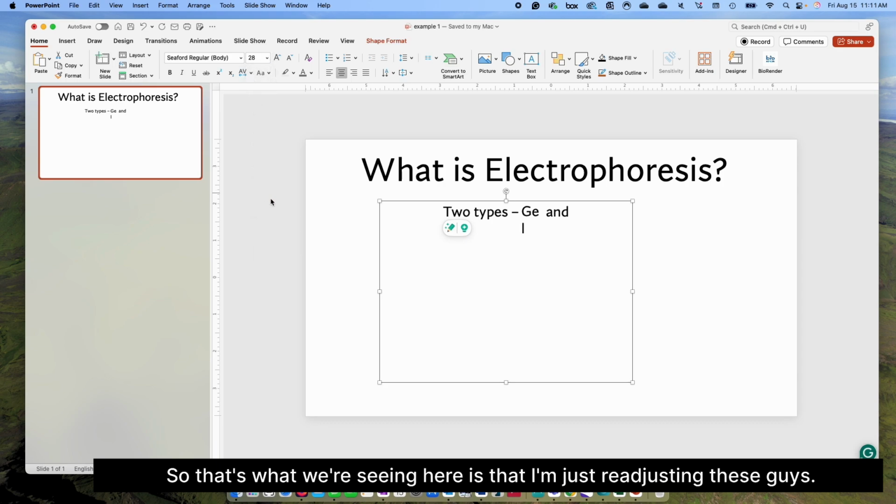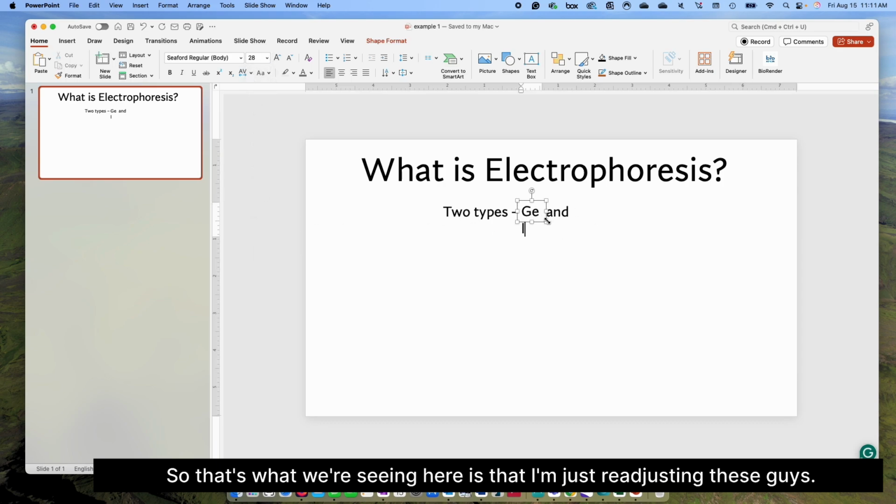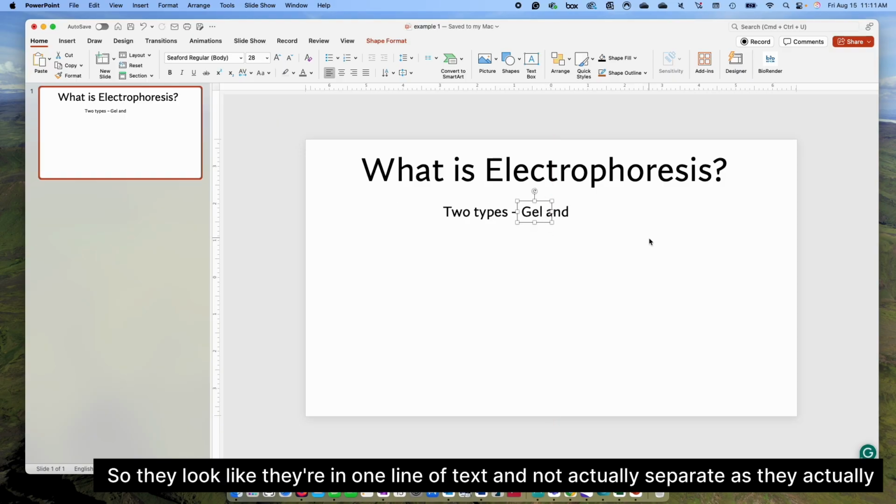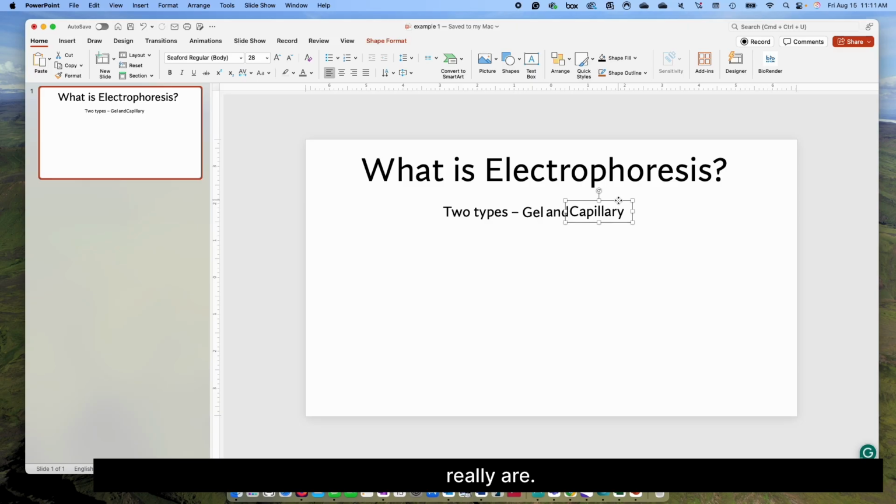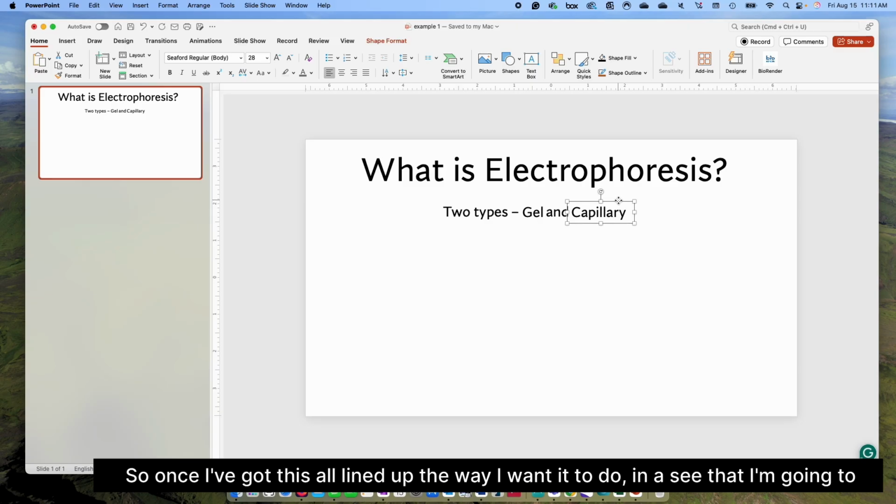So that's what we're seeing here, is that I'm just readjusting these guys so they look like they're in one line of text and not actually separate as they really are. So once I've got this all lined up the way I want it to do,